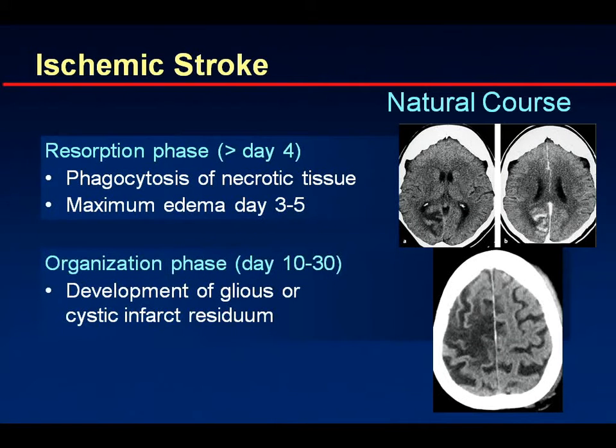In the resorption phase, which is from day 4 on, the necrotic tissue will be broken off and phagocytosed, and the edema is actually maximum around day 3 to day 5, which is also the time when patients that have a massive hemispheric stroke, let's say of the media, have the biggest chances of getting complications like